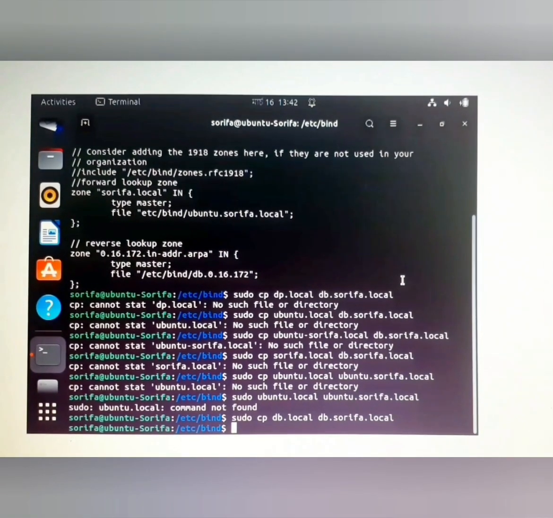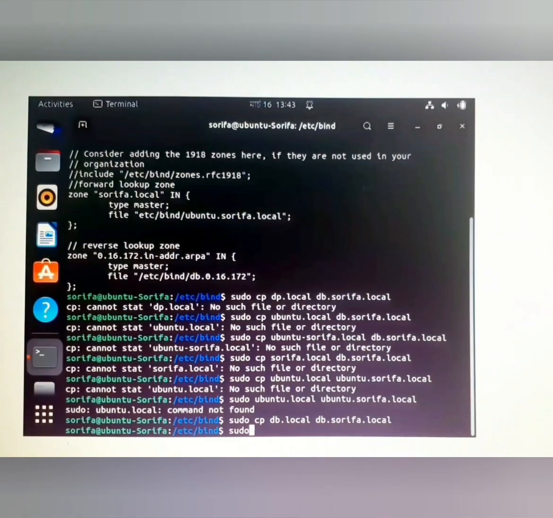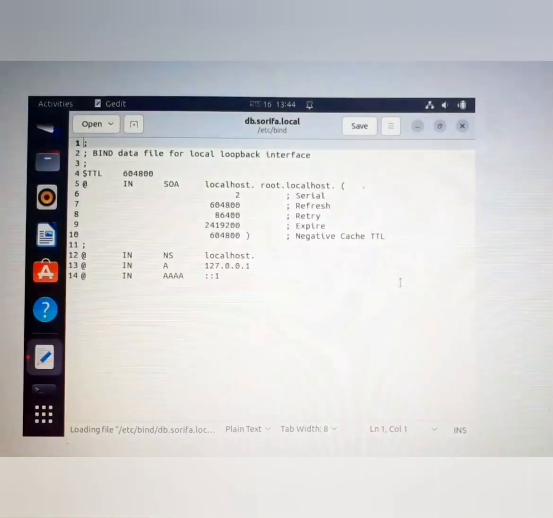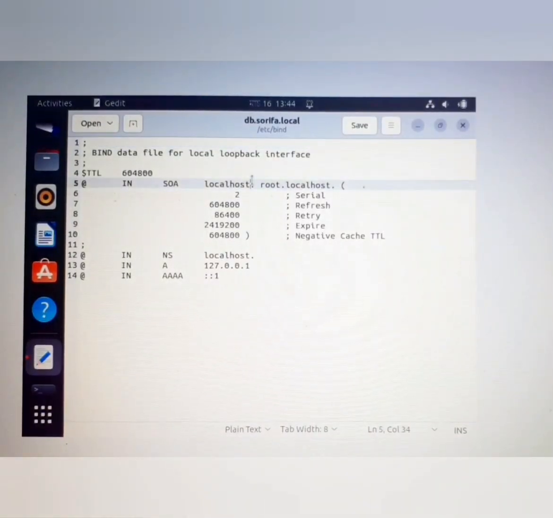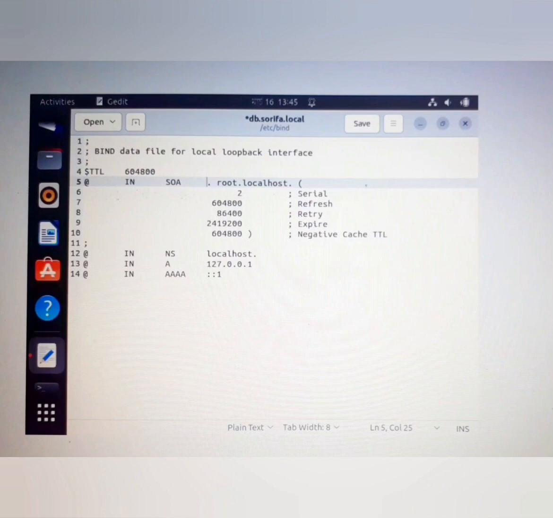And next, now I'm going to use the gedit editor again to edit the file. Like previous, the same code again, I'm typing here: sudo gedit db.shorifa.local, and enter. We have already come into the editing page. Now I have to do some edits here. Like here is written localhost. I have to delete it, and I am writing here ns1,